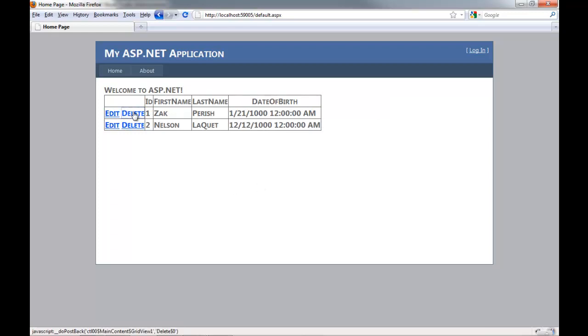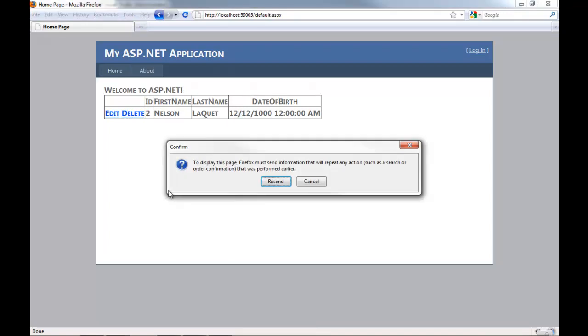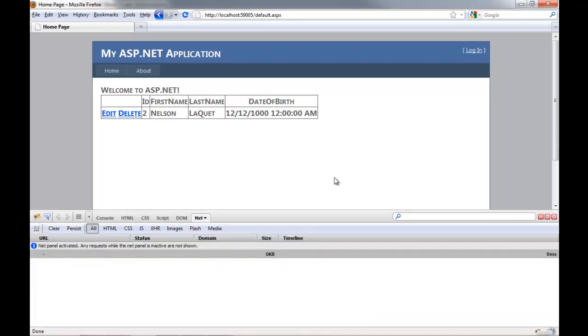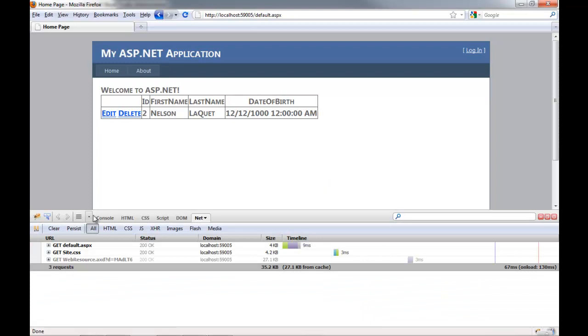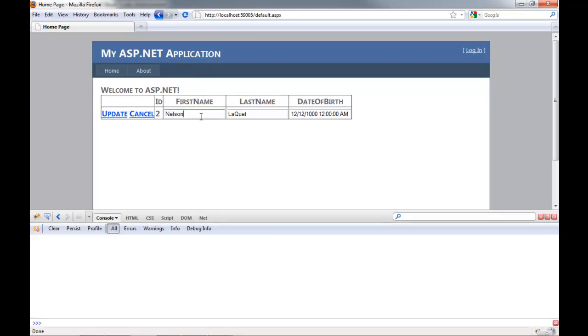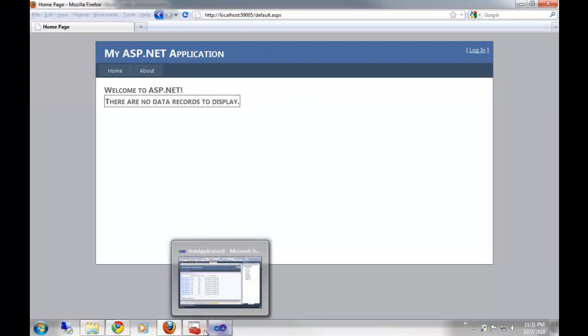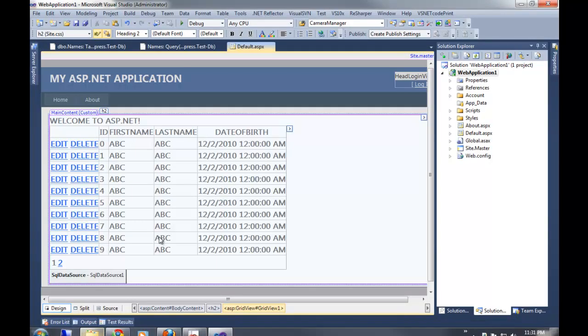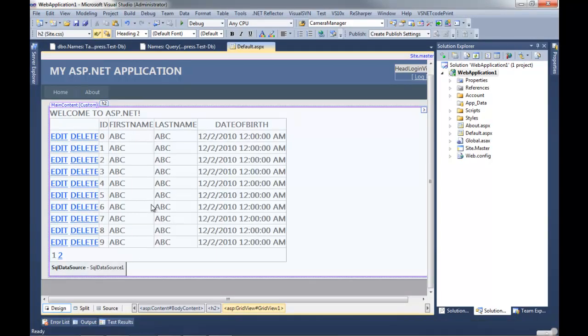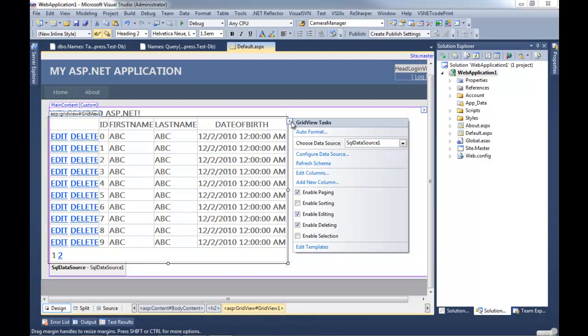Okay, so that's that. And you'll notice that this actually does use, actually, I'm not sure if they updated this grid to use JavaScript or not. It might actually use JavaScript. Nope, it's using Postback. Okay, so it's not using JavaScript, it's using Postback. And when I say Postback, I mean the act of posting the view state back into the application, and then running it and then rendering a response. So every one of these operations is resulting in a Postback. So that's a way that we can display data really easily. And I guess that's exciting. That's what you want to do.